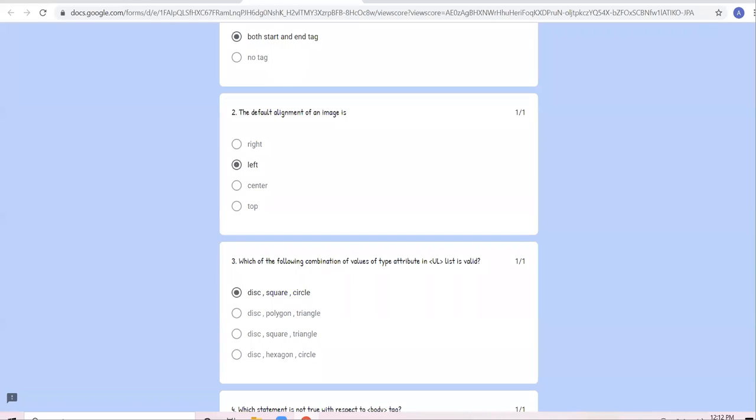Sir, head tag. Title tag is enclosed inside the head tag.